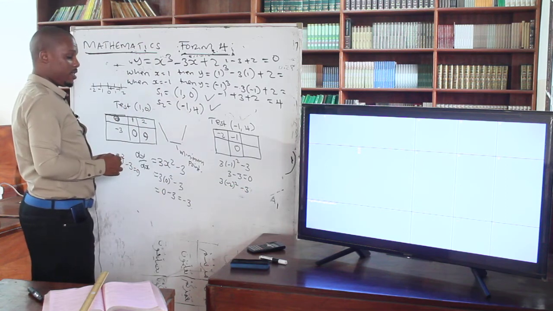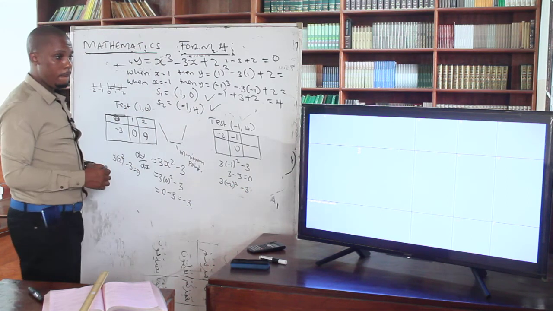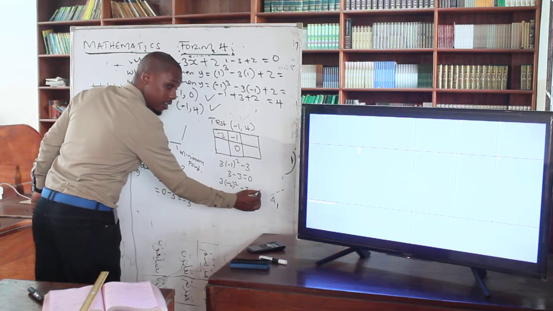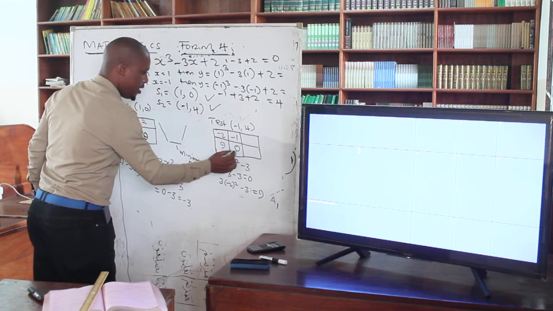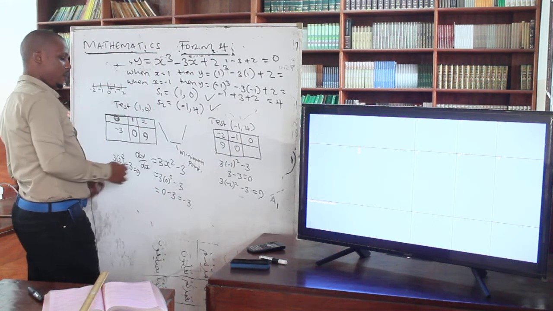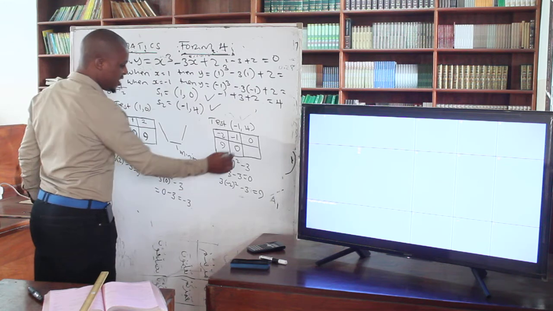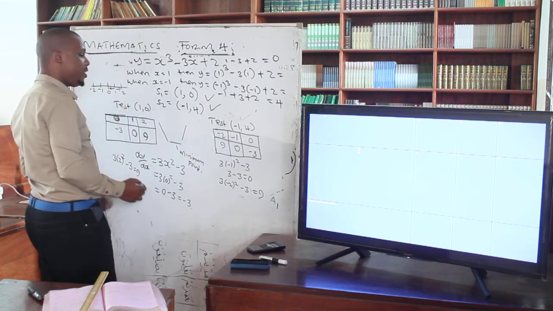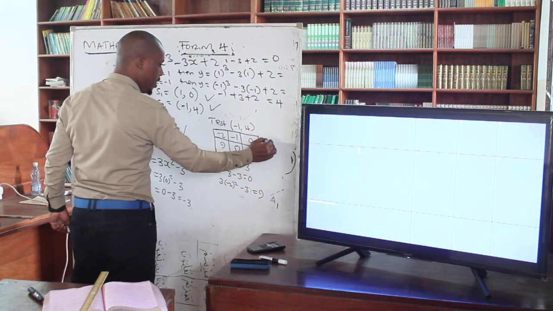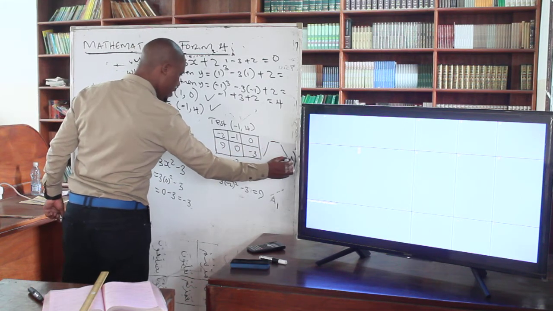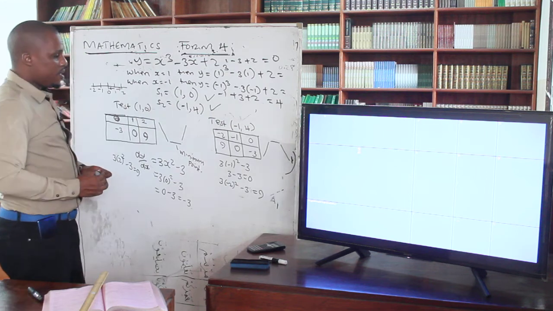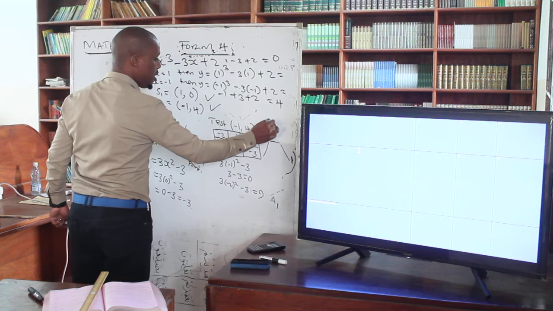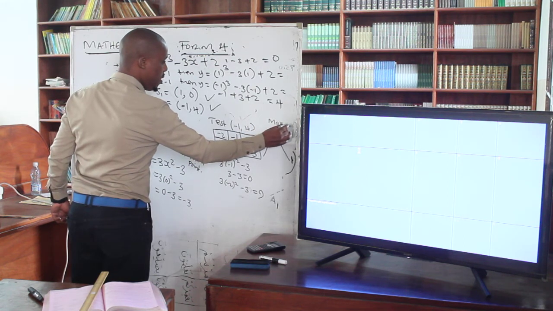-2 squared gives us 4, then 4 multiplied by 3 is 12, and 12 minus 3 gives us 9. Then I pick 0 here, and if I substitute 0, I get -3. So again, how is the behavior changing? It starts from positive, then through 0, and then to -3. So as you can see, this one is a minimum point, and this one is a maximum point. Maximum.